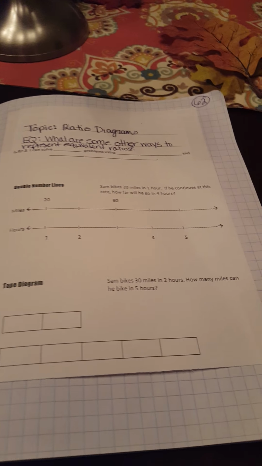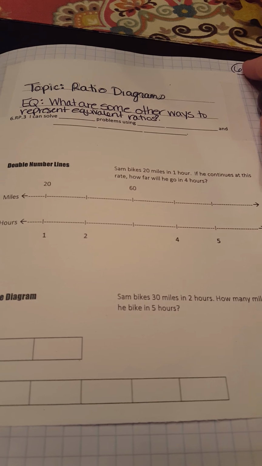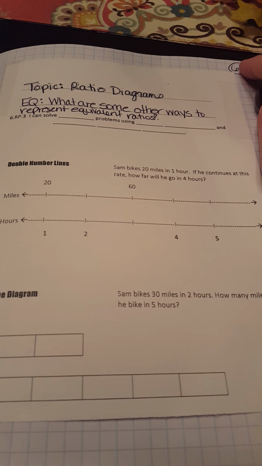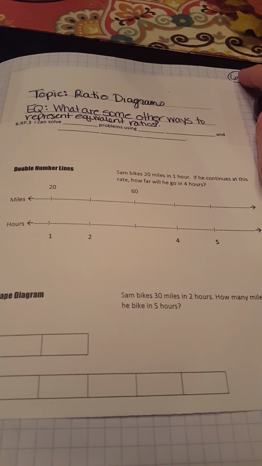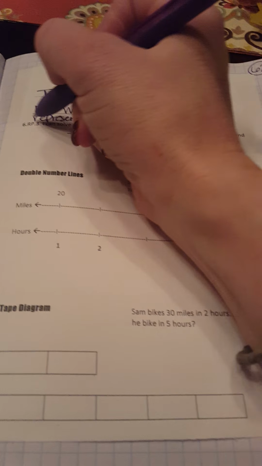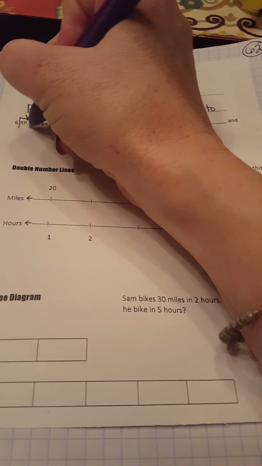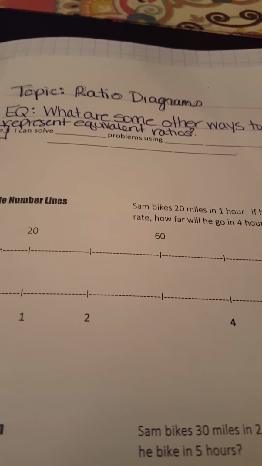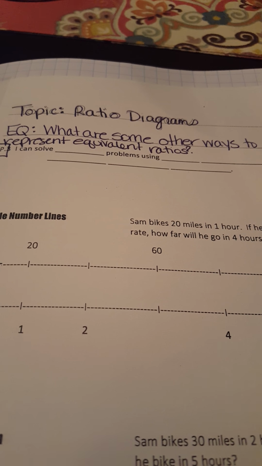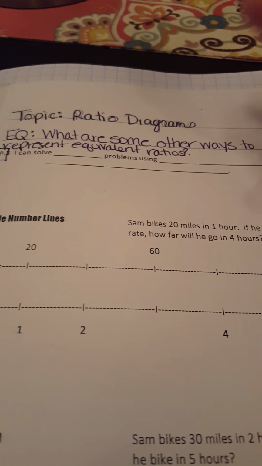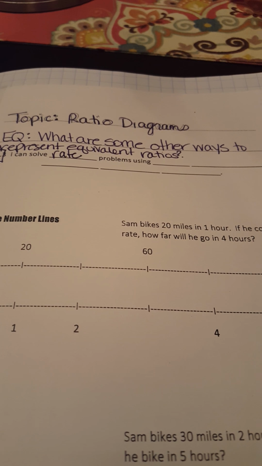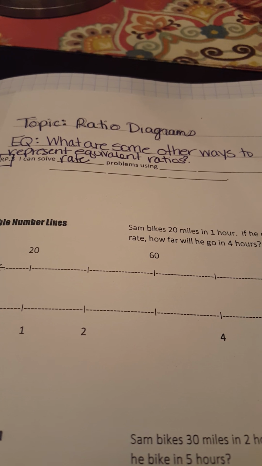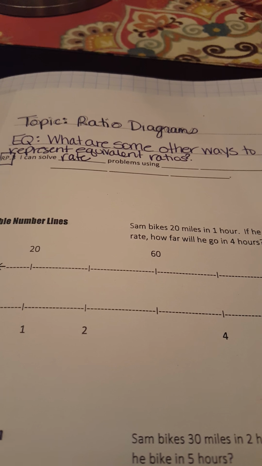On page 62, you'll notice that our topic is ratio diagrams. Our essential question is, what are some other ways to represent equivalent ratios? We are doing standard 6.RP.3, ratios and proportions again. And by the end of this lesson, you should be able to solve rate. Remember, rate is when we have two ratios with different units, or a ratio with different units,